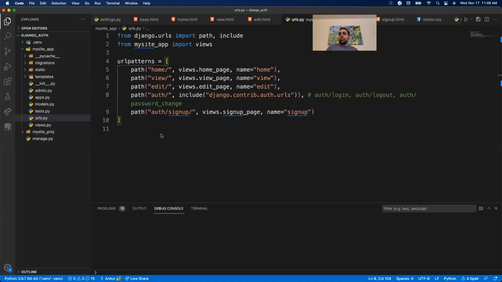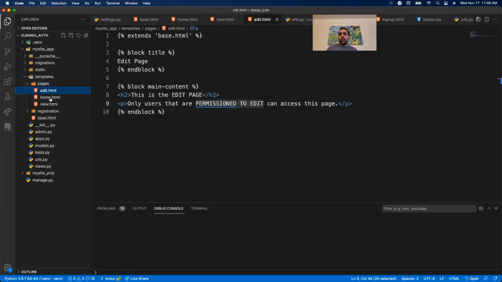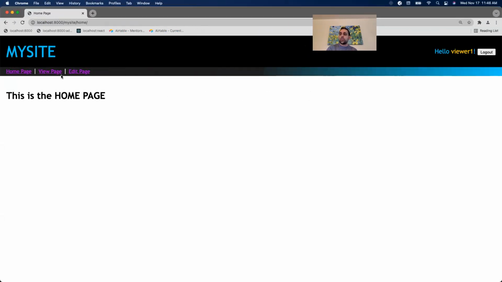So let's continue with what we were doing earlier. The last thing we did was add some text talking about what we want to do here. If you look at our home, edit, and view page, we added a paragraph telling us what we want it to do. Looking at our homepage, this homepage should be accessible by anyone, meaning if you're logged in or if you're not logged in, you should be able to